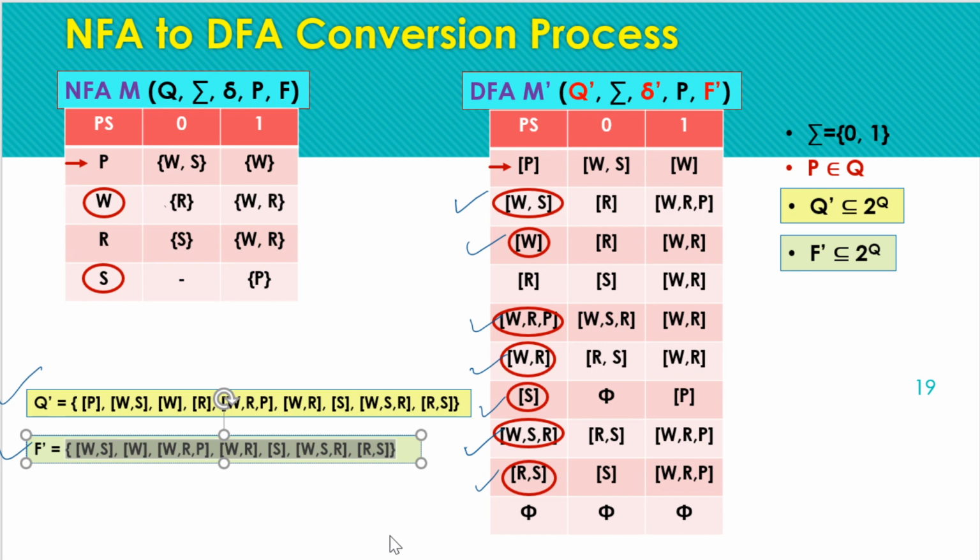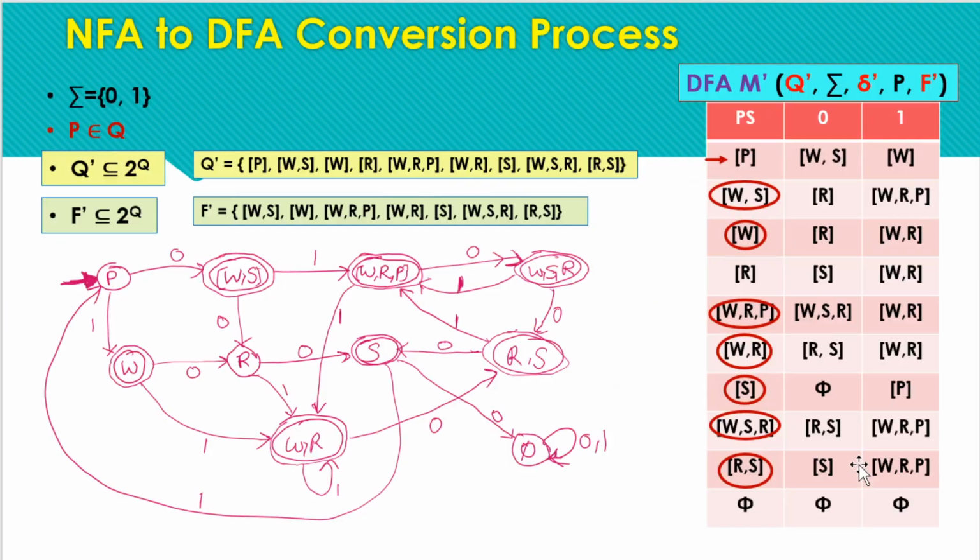Now the last step is to find out the transition diagram. So the transition diagram for this question is this. You can skip this step, depending on the marks of the given question. So if you are getting the question for 5 marks, you can skip the transition diagram. So the transition table and transition diagram represent the same information, so you can use one notation in the exam, but if the question is of 10 marks or more, then you have to go with both notations, meaning you have to construct the transition table as well as draw the transition diagram.